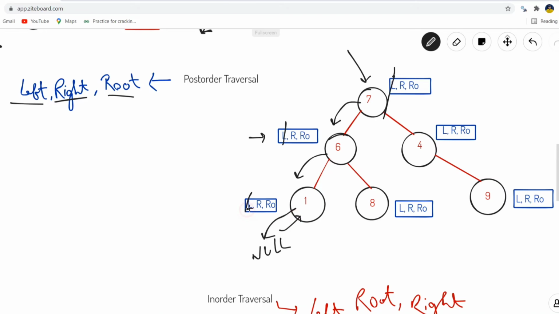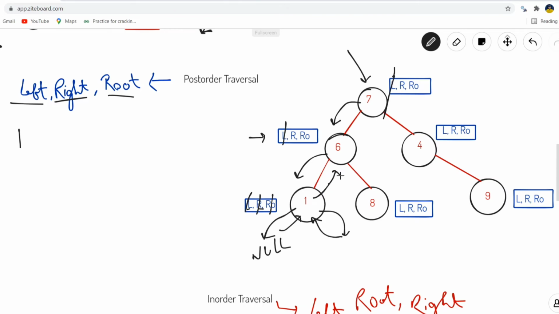So we'll be returning back to node 1. So we have performed left. Now the next operation which we need to perform for node 1 will be right. So we'll be moving in right direction. Again we have encountered null value. So we'll be returning back to the caller of null, that is node 1. So we have completed the right operation. Now the next operation is root. It means we need to print the node's value. So currently we are standing on node having value 1. So we will be printing that value. Now after completion of these three operations, we need to return back to the caller of node 1, that is node 6. So we'll be returning back to node 6.